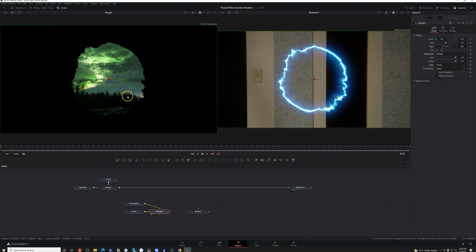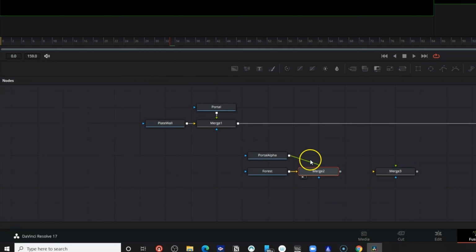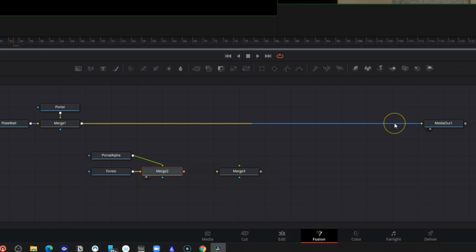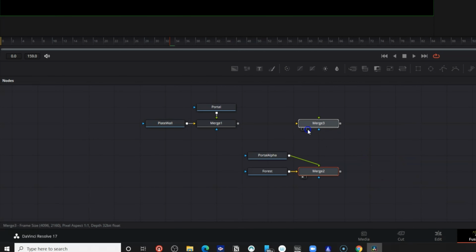And now we've got our forest inside of our portal. Pretty cool, right? So now we've got our first layer and we've got our second layer, but we have to layer them on top of each other. So what we need to do is break this connection here, and we're going to use a merge node. So let's drag merge 3